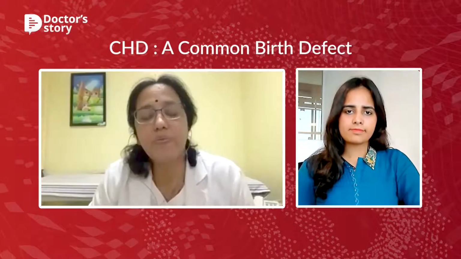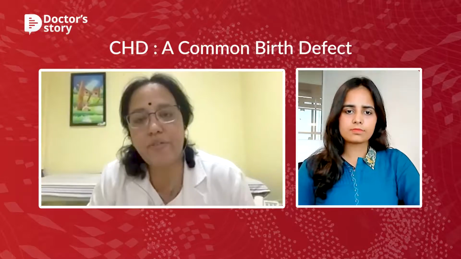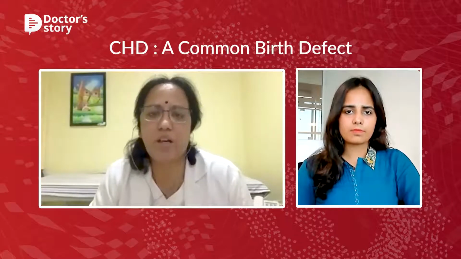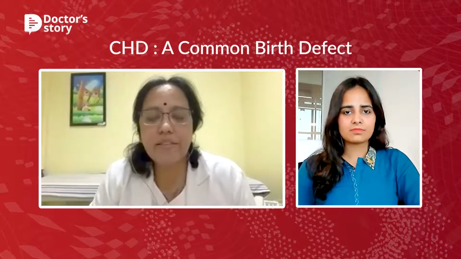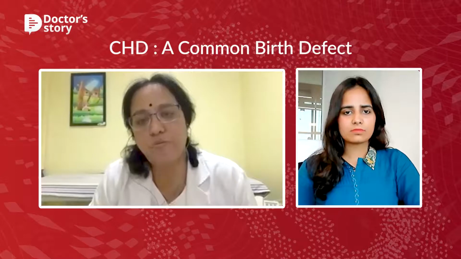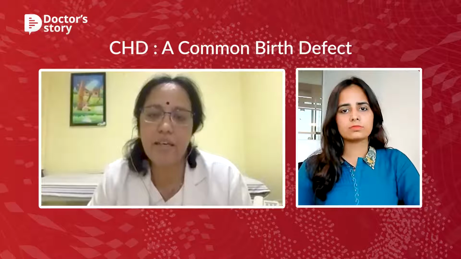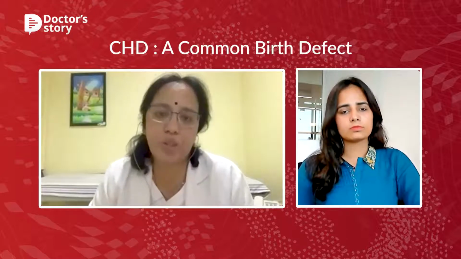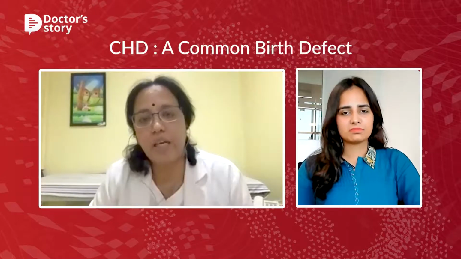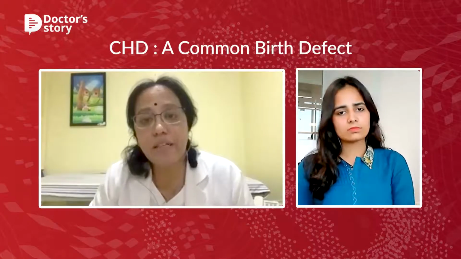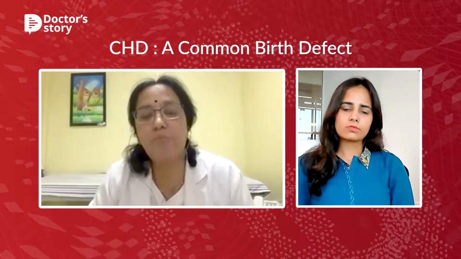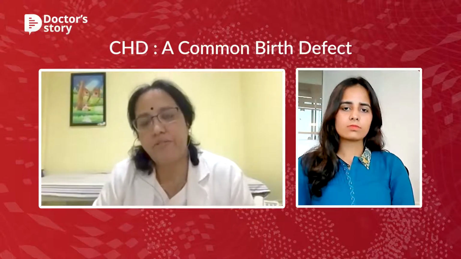The other thing is, when these children develop any kind of respiratory infection, like a common cold, any child will develop a common cold. But these children with congenital heart defects develop serious forms of respiratory infections. A common cold won't pass off in 4 to 5 days. They go on to develop pneumonias. They require hospitalization and intravenous medications. Some may require more oxygen. Sometimes that's when the child first presents with pneumonia, and that's the first time you do an echocardiogram and find out that this child probably has a congenital heart defect.